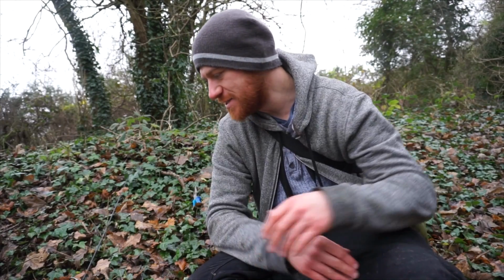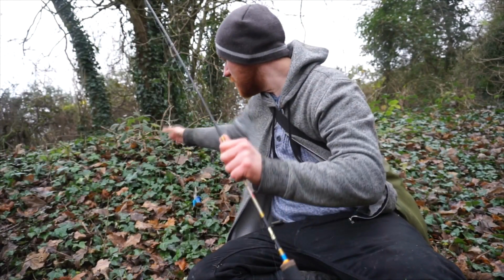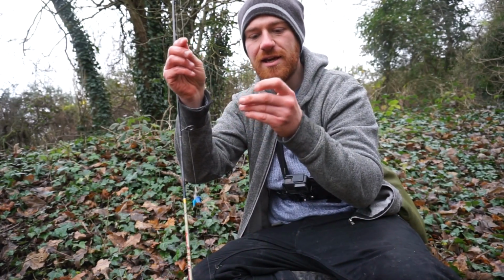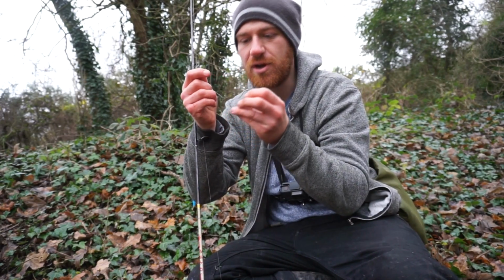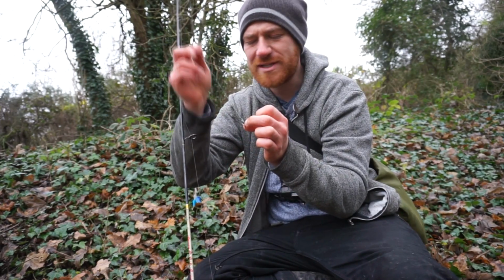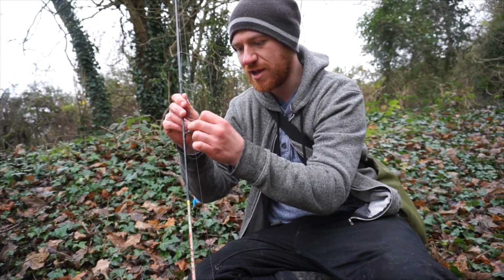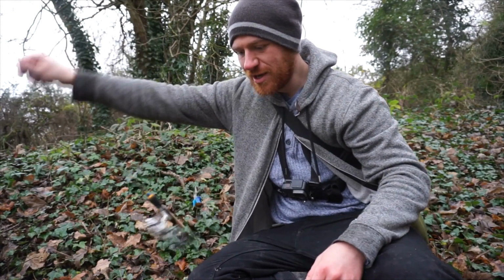Right, so now it's time to search for some bigger fish. Realistically perch and jack pike. So I'm keeping the setup virtually the same, apart from I've tied on a light wire trace with a small, well, say small, it's a size 6 treble hook on there. So I've got a 30-pound wire trace, or 28-pound wire trace rather, down to a size 16 hook that I've just tied straight onto the line, and all I'm doing is freelining that down in the slack waters around where